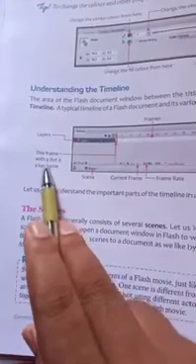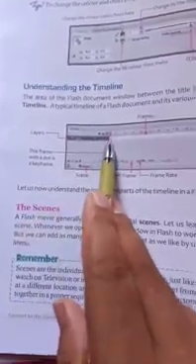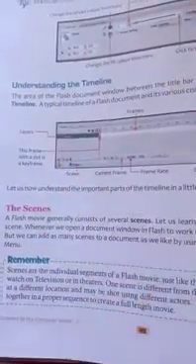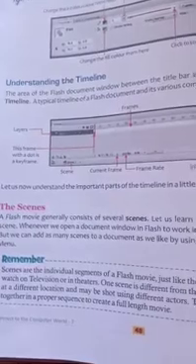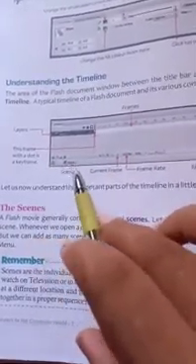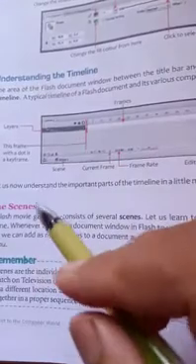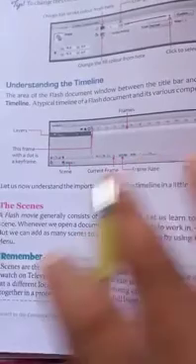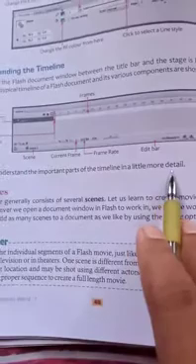These are the frames, the various frames, this is the layers, and this frame with a dot is a keyframe. This is the scene, scene 1, scene 2, various scenes. When you shoot any movie, there are various scenes. So here also there are various types of scenes, and you can easily create scenes. And this is the current frame, this is the frame rate, the edit bar, and this is the timeline window. Let us now understand the important parts of the timeline in a little more detail.